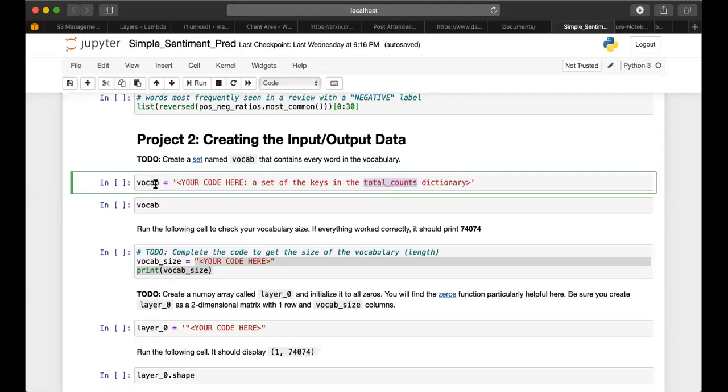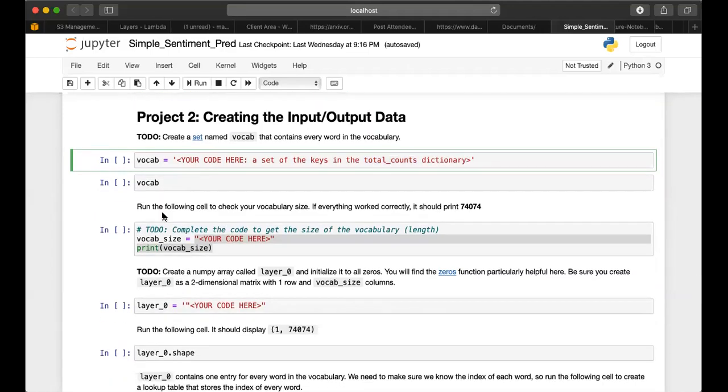Now this is creating a set of just the keys. So you want a set that has only the unique words in the whole document, right? That's what I wanted you all to do here.